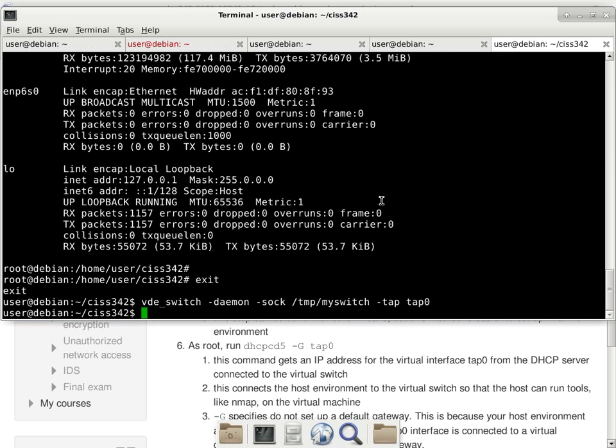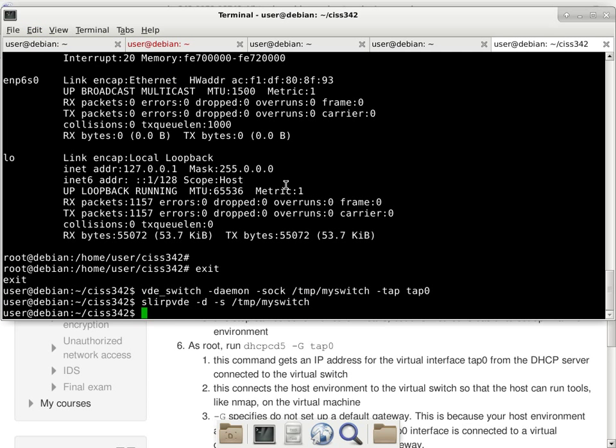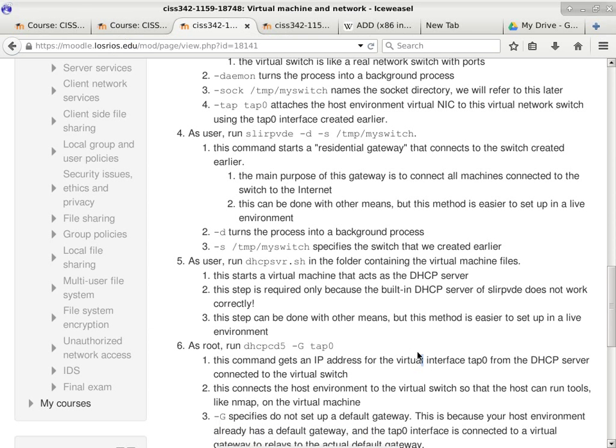So let's go ahead and run the command. Here we go. Press the enter key. Nothing should seem to happen at all, because I also run this as a daemon. The -D means run this as a daemon in the background, because there's no need for me to interact with this through the command line interface. Now you actually can do it without the -D, and then you can specify all kinds of commands to do what is equivalent to unplugging and plugging in wires to an actual switch. But that's not what we're going to do, so we're not too concerned about running it in an interactive mode. All right, next.